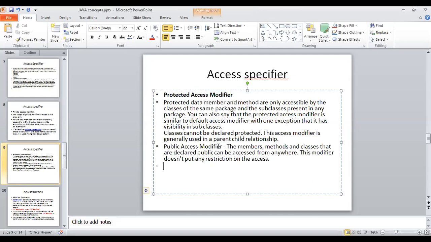Then the public access modifier. Public is basically public, it can be accessible from anywhere. So these are basically the four different types. This is theoretically how you can use them, and what the consequences are, and what different types of questions can come out, you should know. So let's go to the code, and then you'll understand how you can restrict the access here.